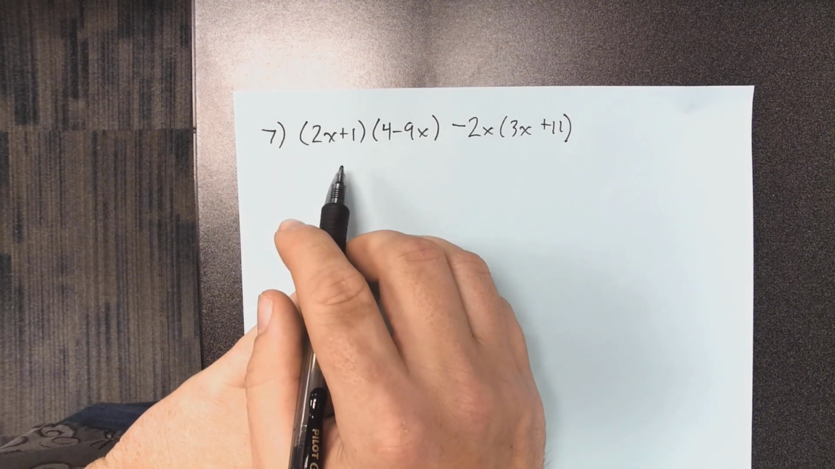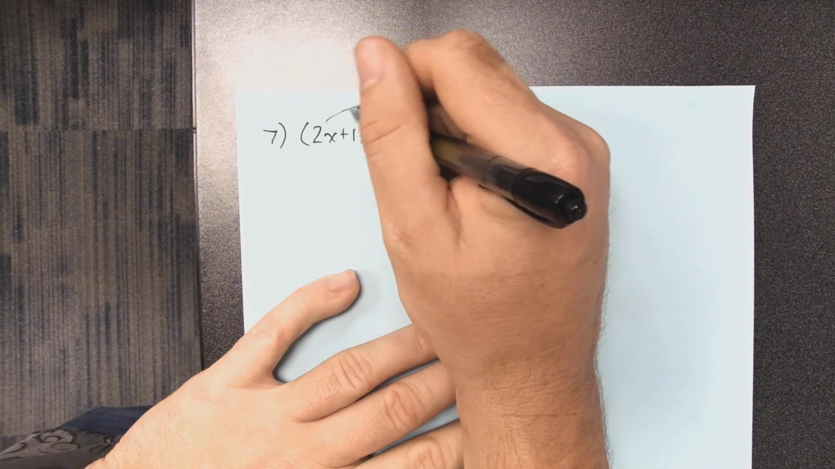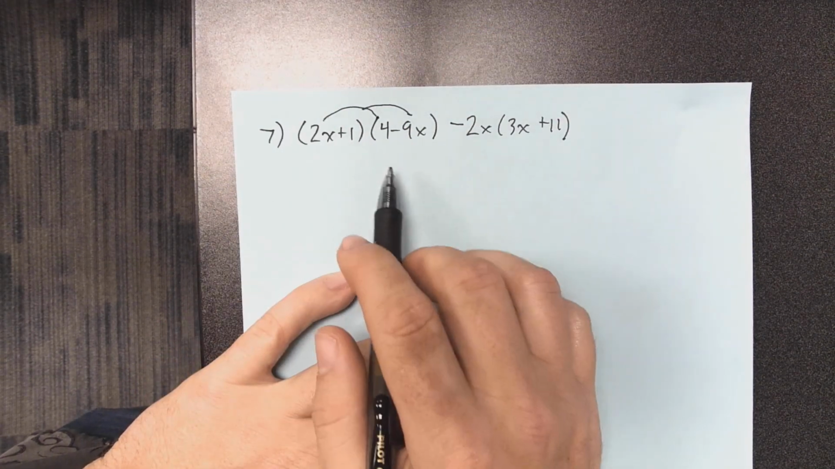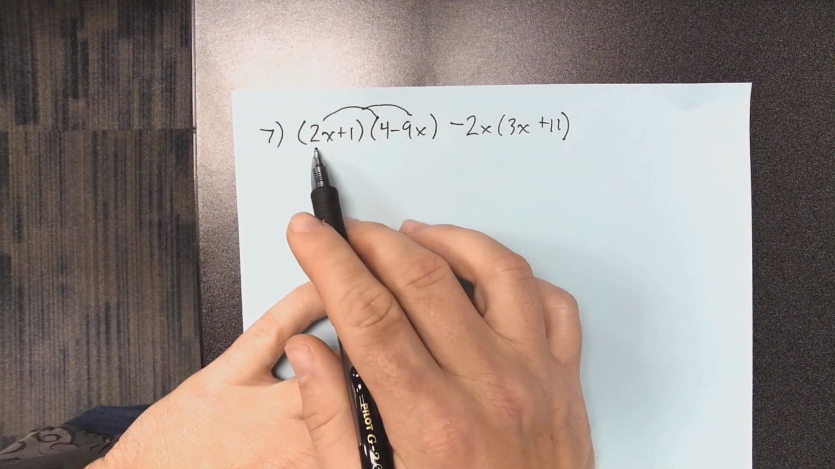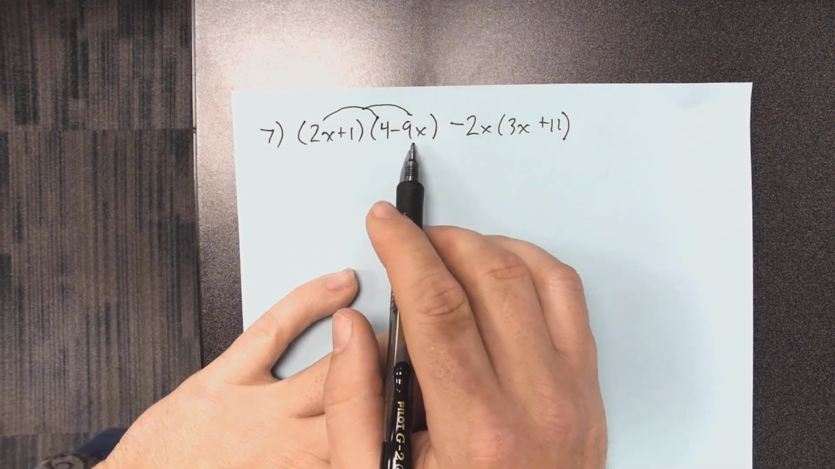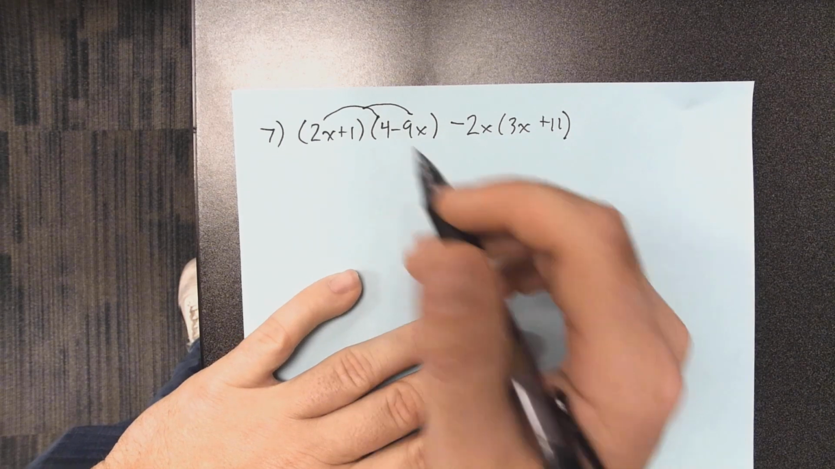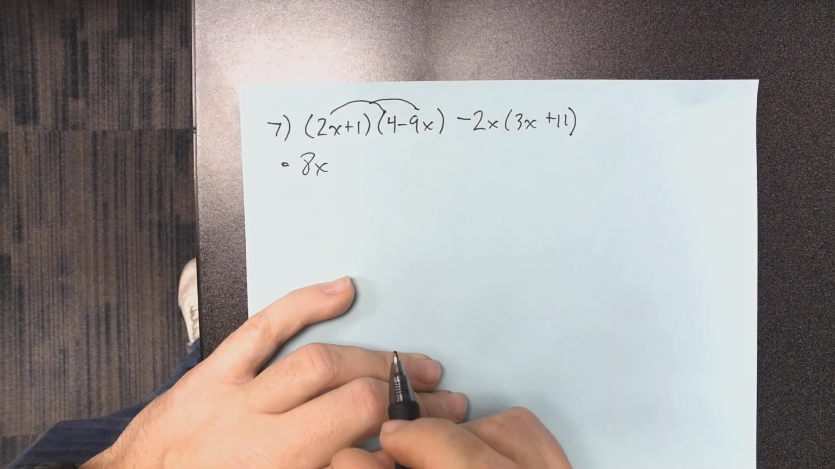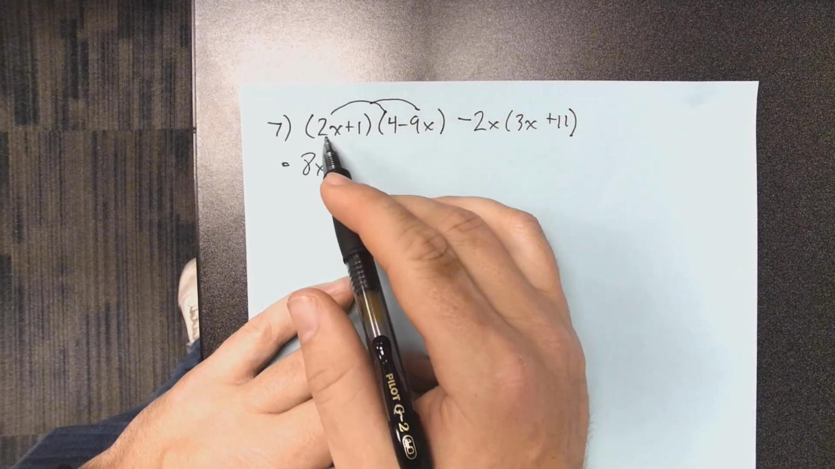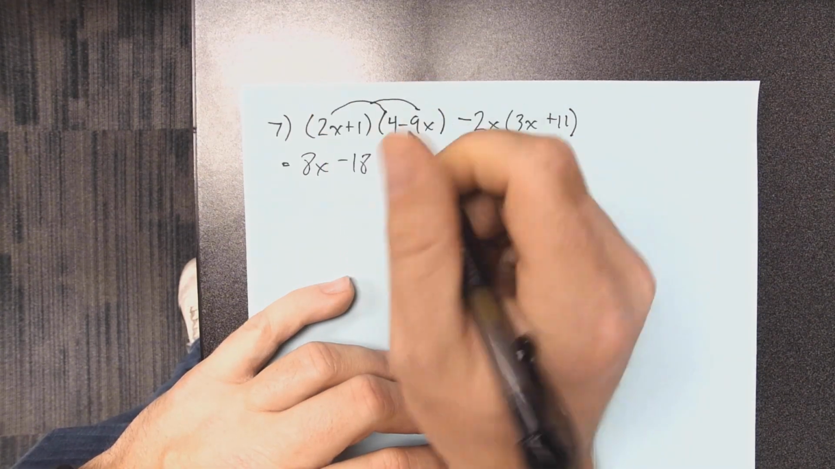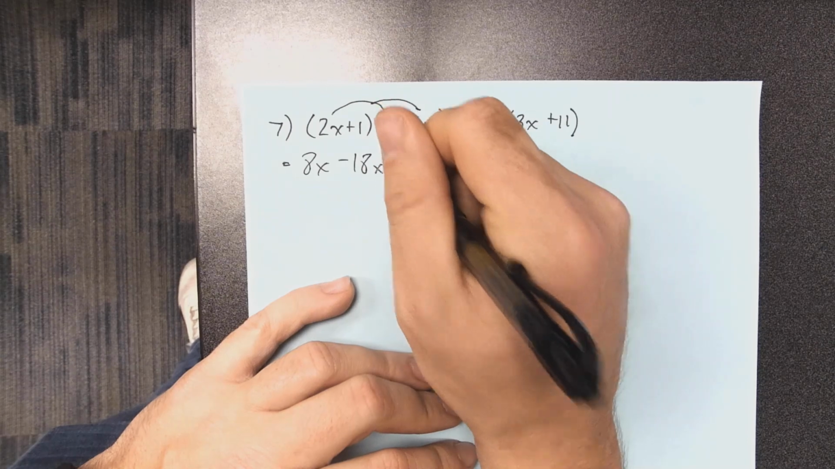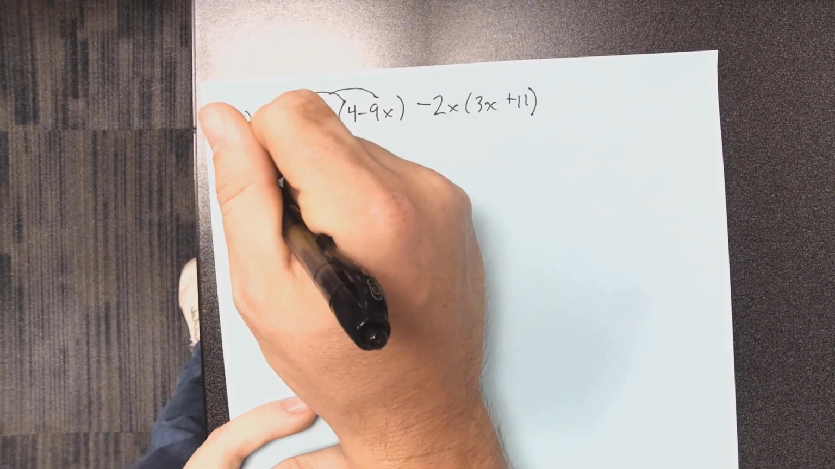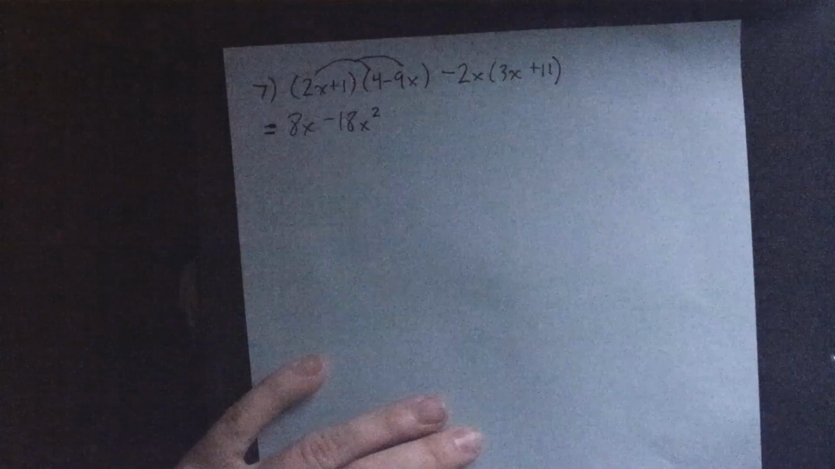So here we have to distribute again. So I'm going to distribute the 2x to everything. Notice there's two terms here. I got to distribute the two. When I multiply, I got to distribute to everything. So 2x times 4 is going to be 8x. And then 2x times negative 9, 2 times negative 9 is negative 18, x times x is x squared. We have successfully, this is an equal sign by the way up front, we have successfully distributed,